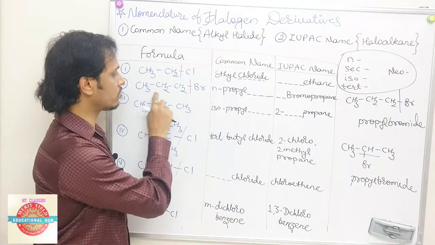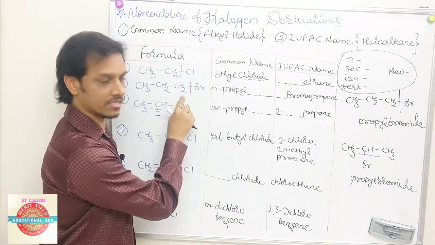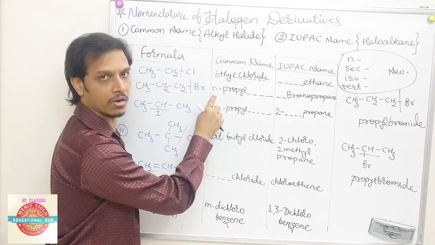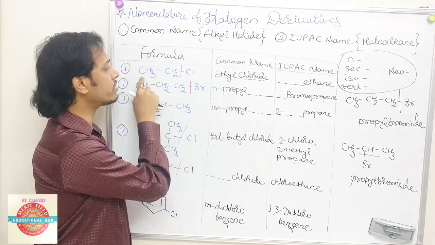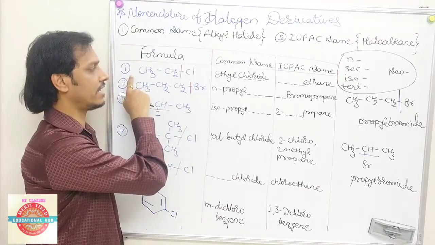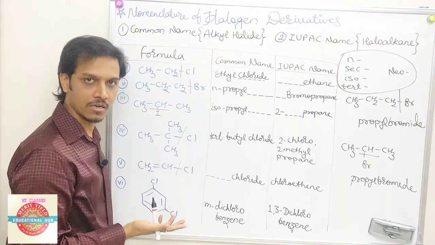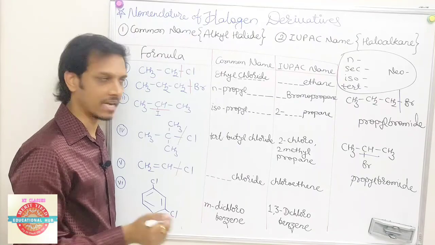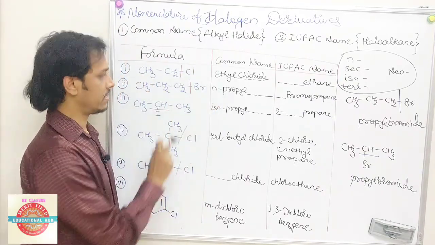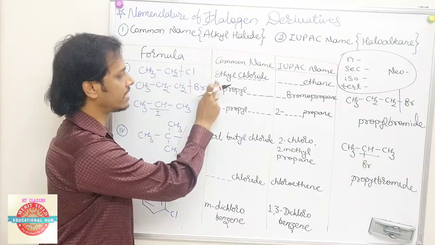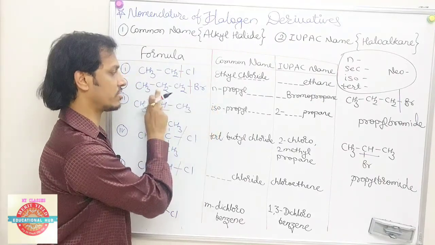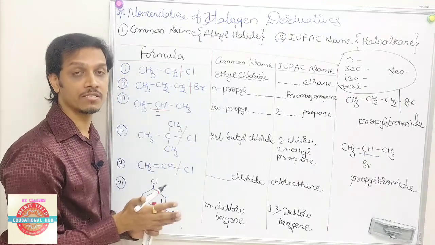Here 1, 2, 3, a straight carbon system. That's why N arose here. So now why are we not using N in the earlier example? Because if you use this Cl on the left-hand side, it will still be the first carbon. We do not have any competition here. That's why if you do not write N here, it is also okay. So we are not using N there, and here we have to write N. Why? Because if Br comes to this position, then we have to separate them.